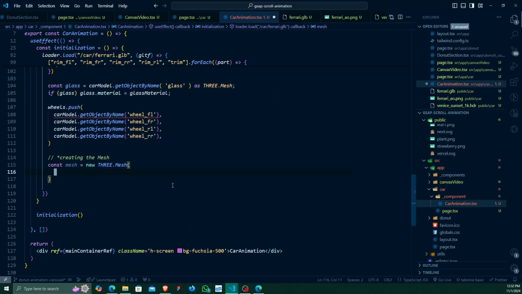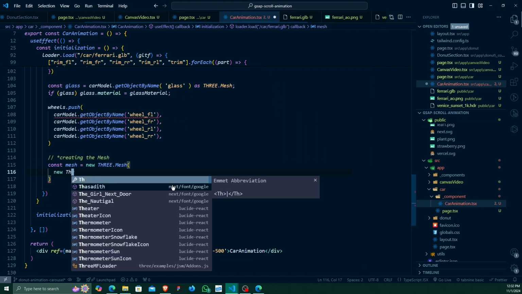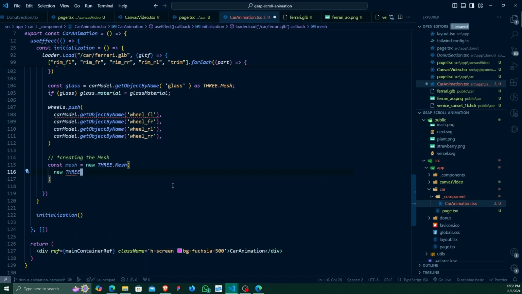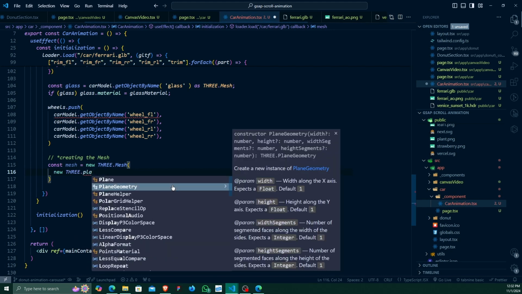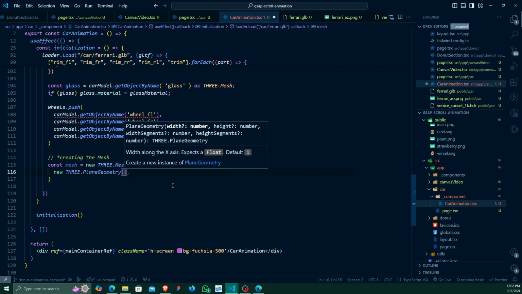And you can use the THREE.PlaneGeometry just like this: new THREE.PlaneGeometry, and this geometry takes some values, the width and the height. So I am using this value